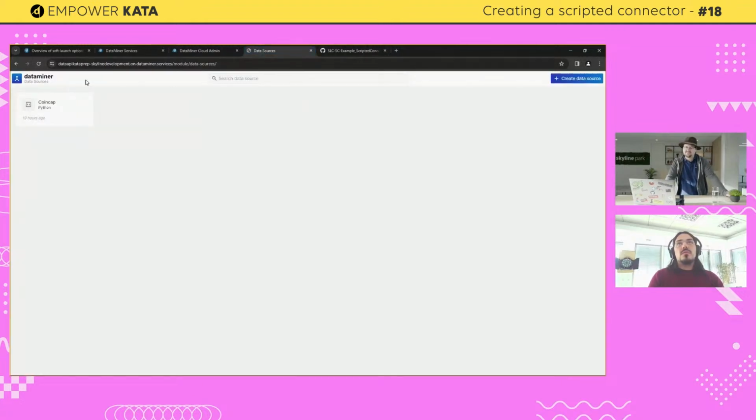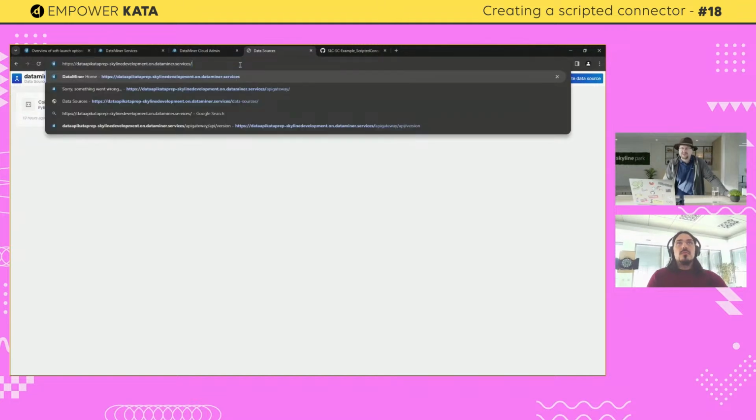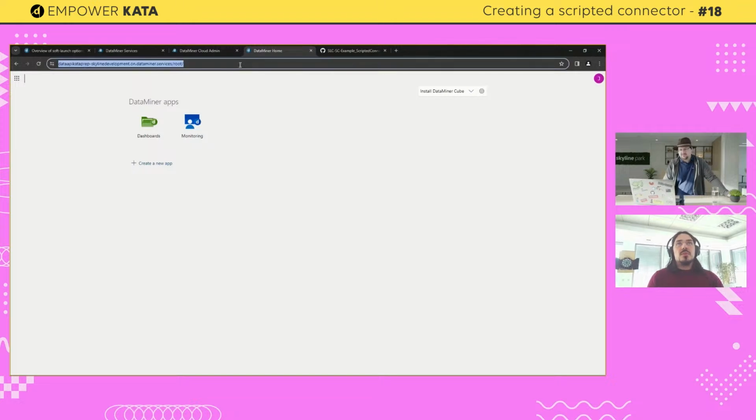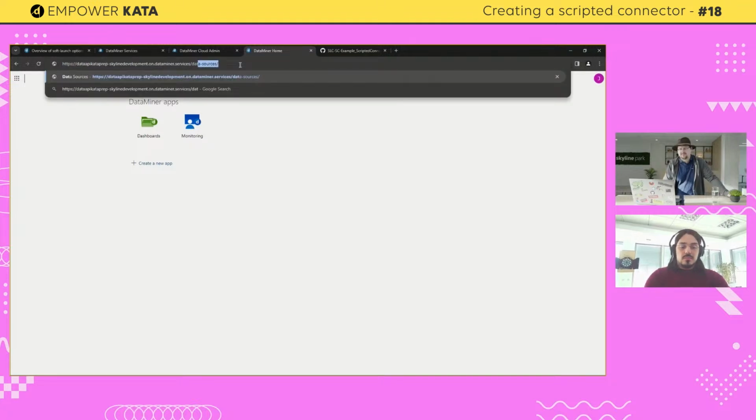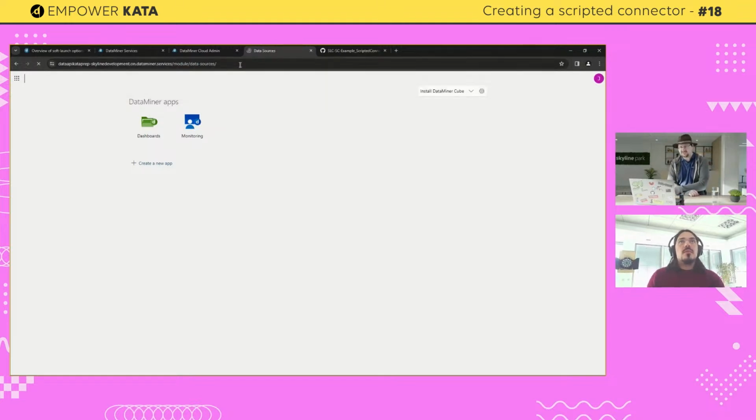In the end, you go back to this UI. So in this case, what is that UI? So the first part is the URL for my DAS machine. Typically, if you don't do anything, you'll end up in the root. But if instead of root you type data-sources, it will do a bit of a redirect to module/data sources, and you'll end up here.